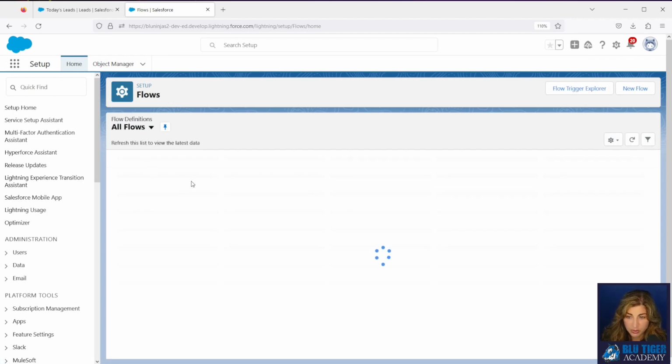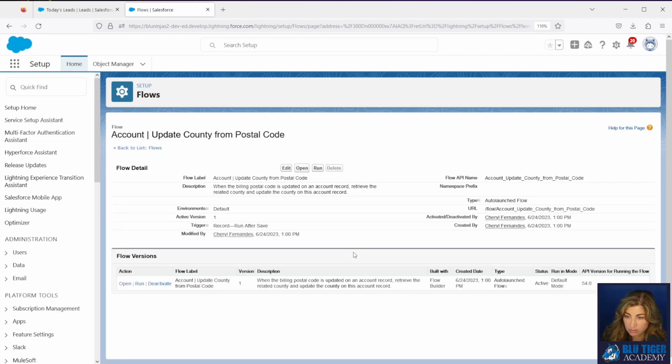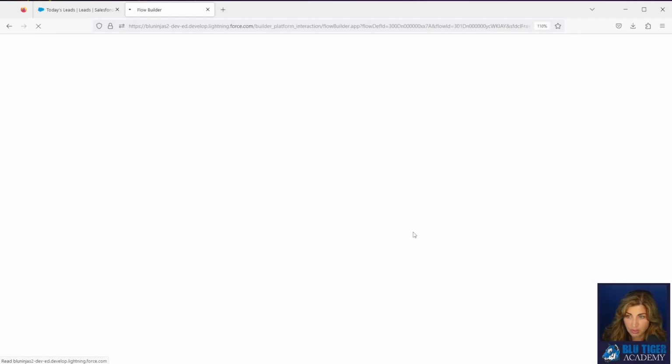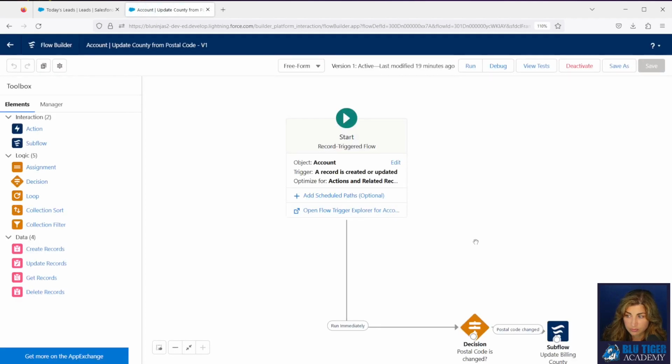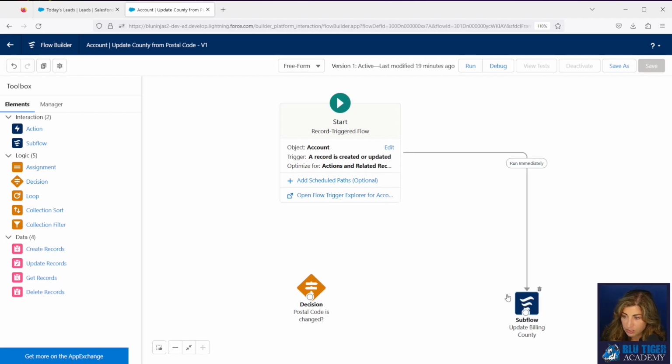You would come to the account flow here. You would open this one up. And then we would connect the start element directly to our subflow.